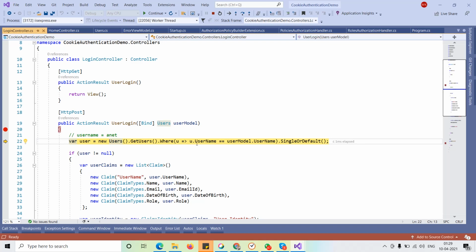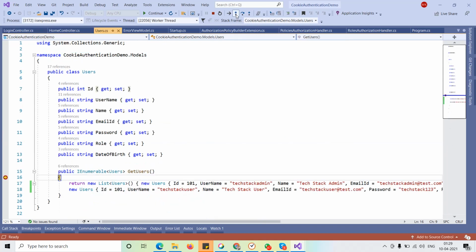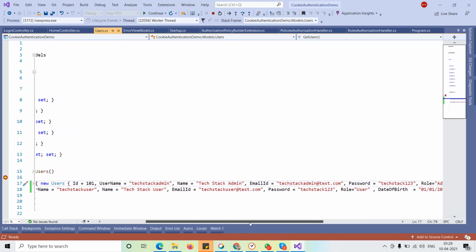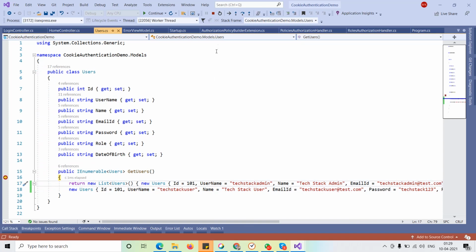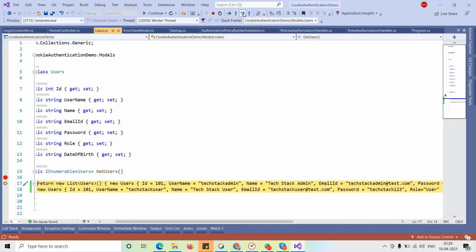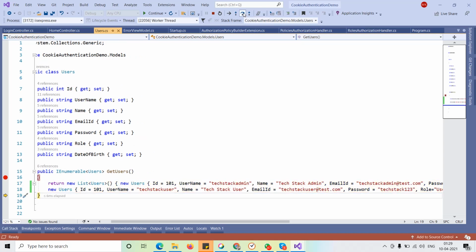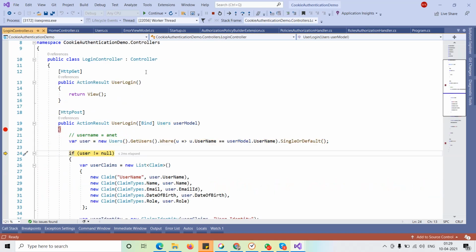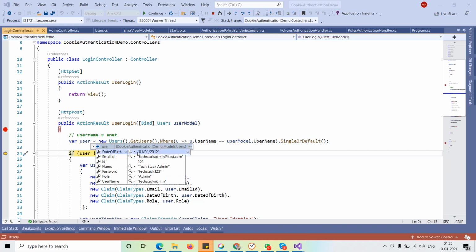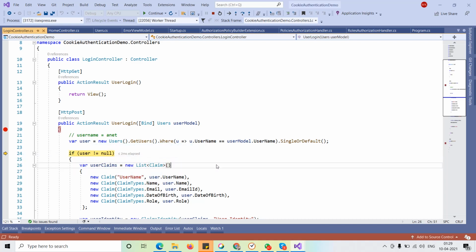Let us check the users with the same name. So I have the username TechStack admin, and I have the password TechStack123. So I'm sure that the user will match here, and I will find the user with that particular username and password. So I got it. You can see the user role is admin, and this is the user from the list.